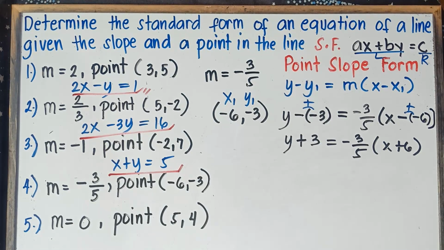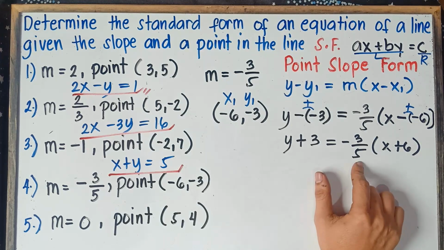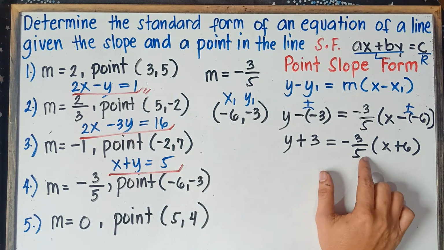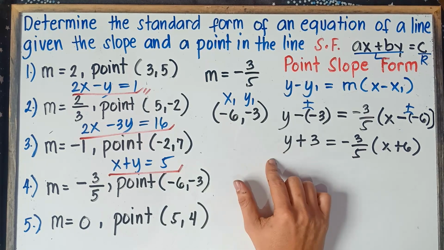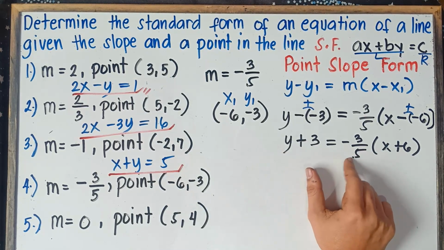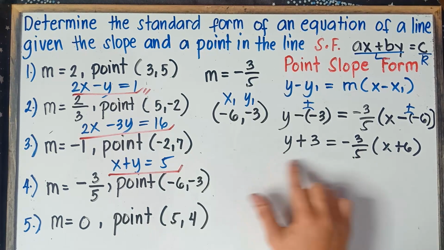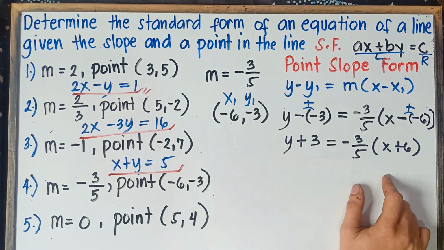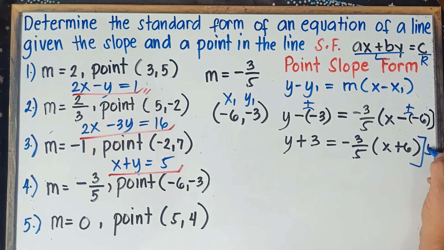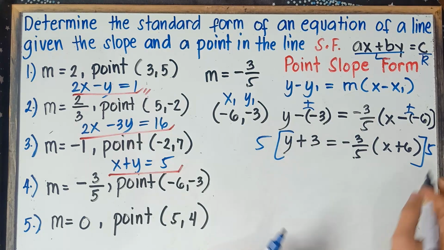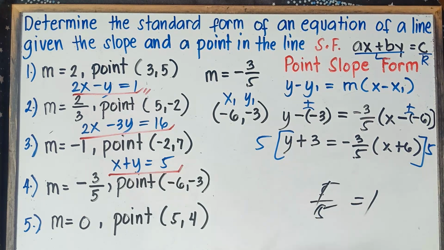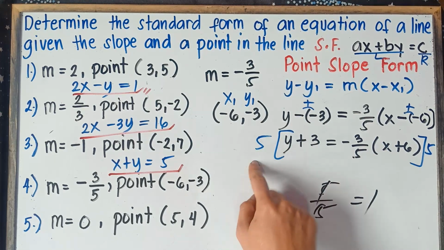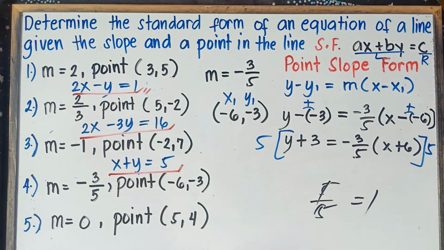Alright, now once again class, we do have another problem because we have a fraction. Therefore class, we need to remove this denominator. To remove this denominator, we need to multiply both sides by 5. Now question, sir, why is it 5? So that you can cancel this out. Because 5 divided by 5 is equal to 1. You can just simply cancel this out. Once again, class, we need to multiply left and right by 5 so that you can cancel this out.